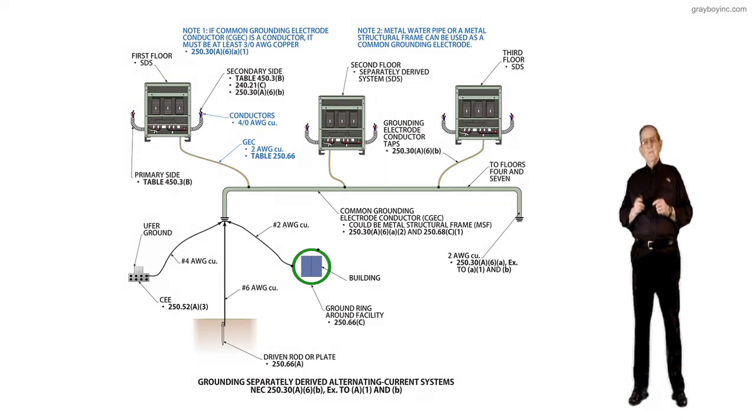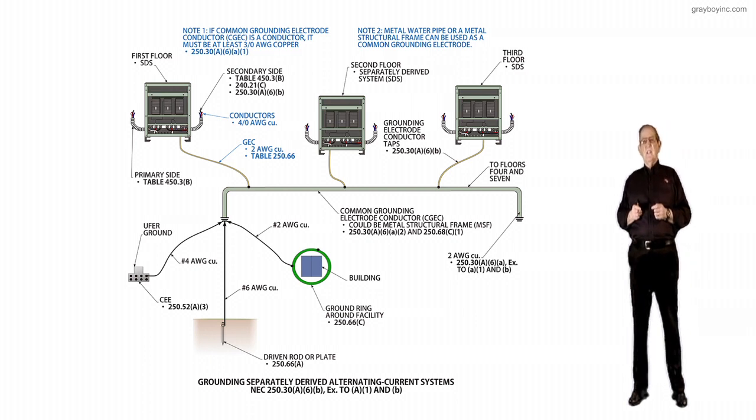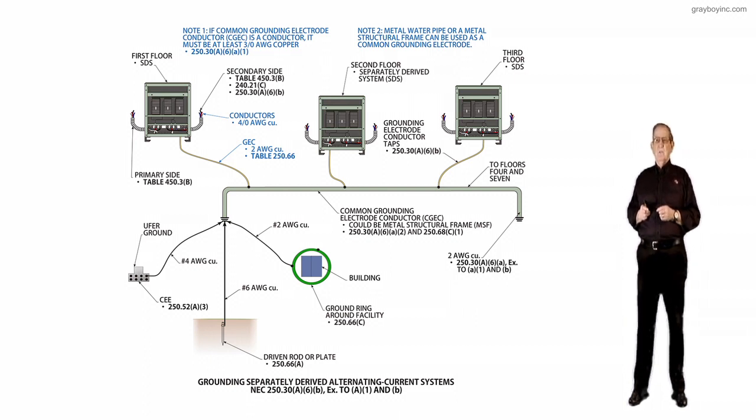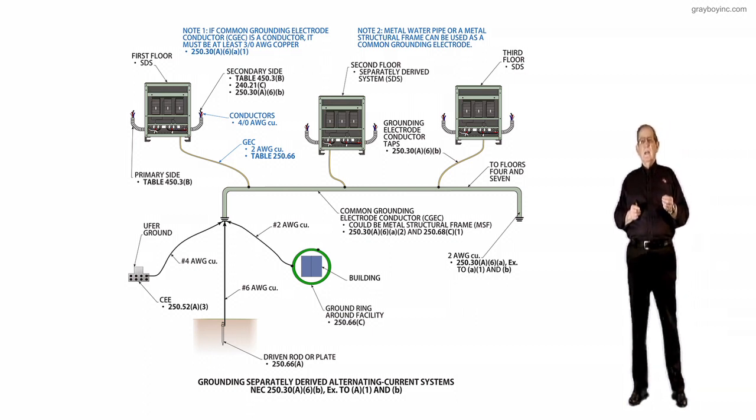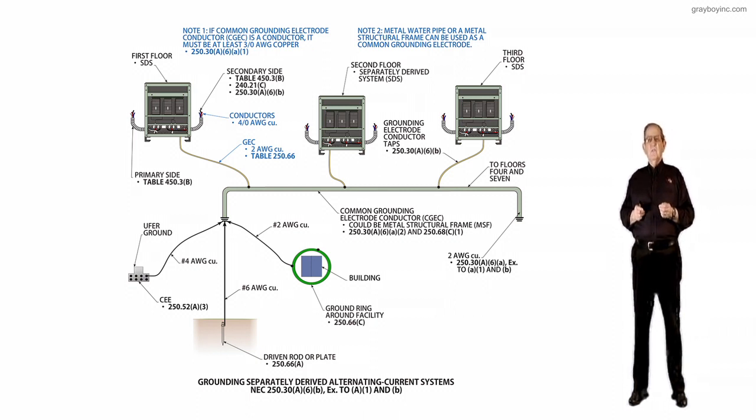This illustration deals with grounding separately derived systems, AC, alternating current type systems, in accordance with 250.30(A)(6) exception to (A)(1) and (B). Now, the purpose of the change, this new exception has been added mainly to clarify that if only a rod,